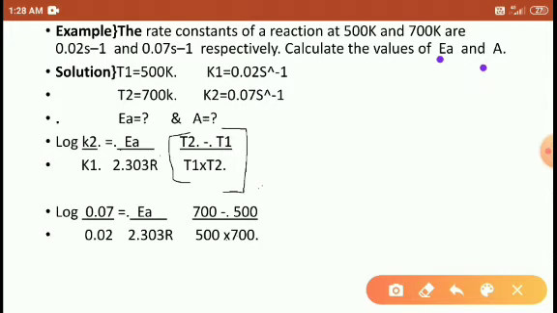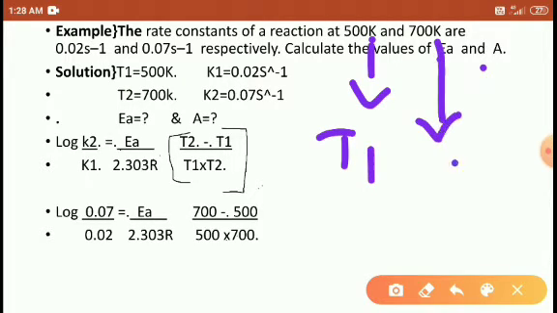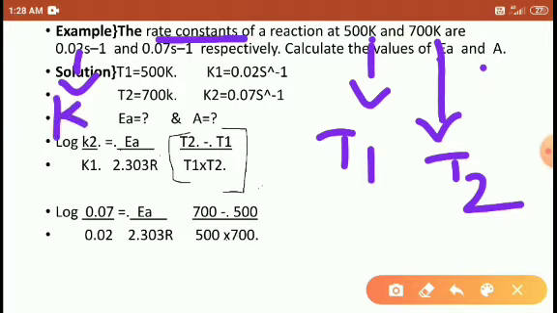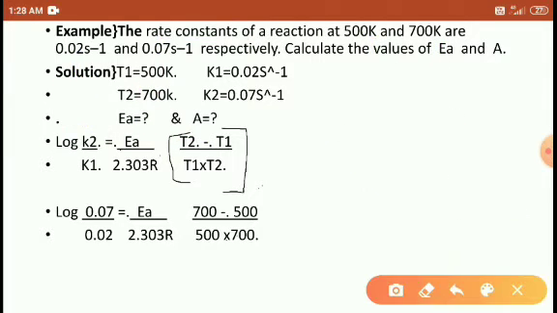So students, I will explain what is given here. The temperature is mentioned in Kelvin. This is the temperature T1, and this is the temperature T2, also in Kelvin. These are the rate constants, this is K1 and this is K2. I have written here that at temperature T1, 500 Kelvin,